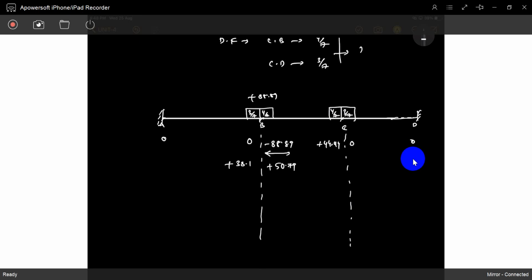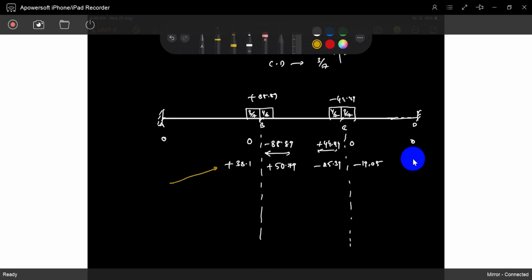Now observe it. This is 38.1, minus 88.89 plus 50.79, you will get the same 38.1 settled for this 44. So you have to apply minus 44.44, here will come minus 25.39, here will come 19.05. First it is settled, but later if you observe it, you will get